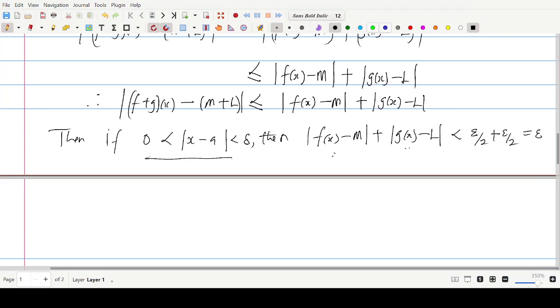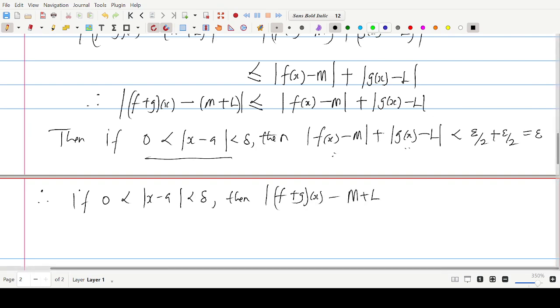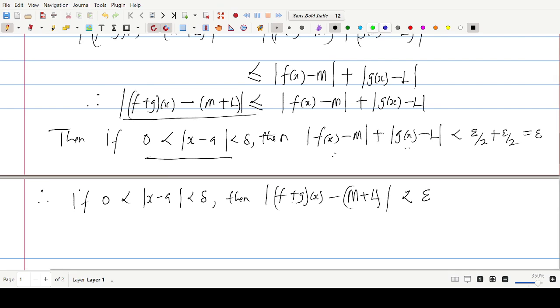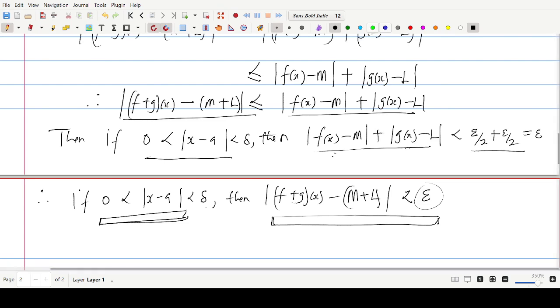So what are we saying in effect? Therefore, we are saying that if 0 is less than the modulus of x minus a, less than delta, which is the minimum of delta sub 1 and delta sub 2, then the modulus of f plus g of x minus m plus L is also less than epsilon, because don't forget this over here is less than this, and this is strictly less than this. So if this condition is true, it follows this will happen. So this is a delta condition that guarantees this epsilon condition, and this epsilon is arbitrary, that is, for any positive epsilon. Because we obtained a delta condition which is the minimum of delta sub 1 and delta sub 2 that guarantees this epsilon condition, it is enough to say